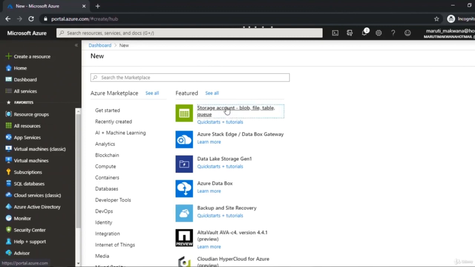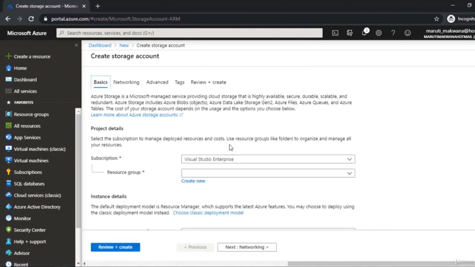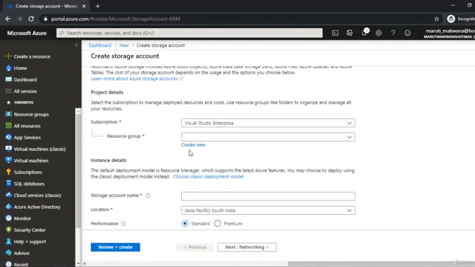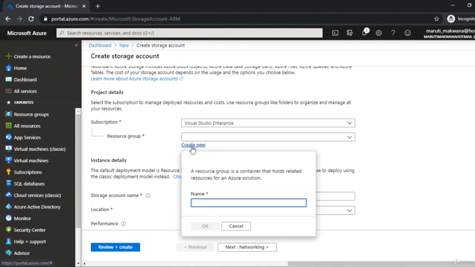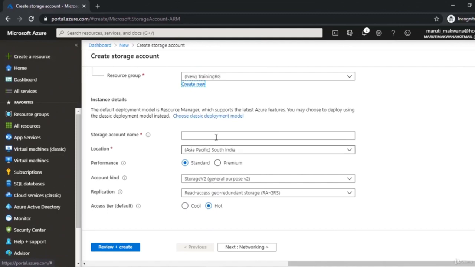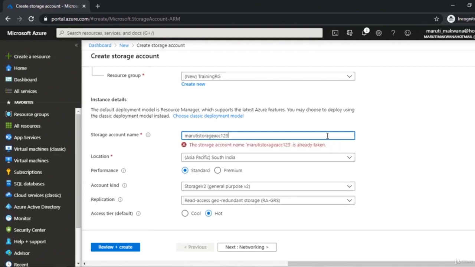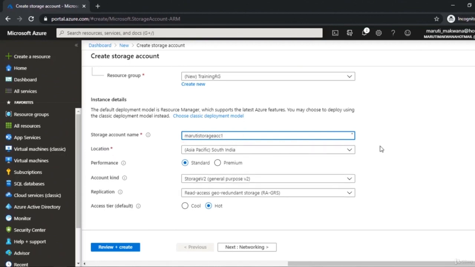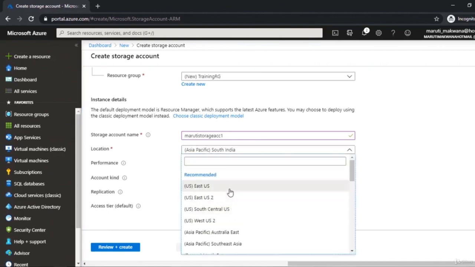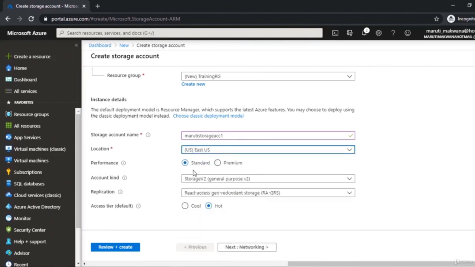If I click on the storage account, inside that we have 3 types of storage available. Let's say I'm specifying that I'm going to create a new resource group with the name training RG, and then I'm going to give a storage account name. I'm giving a name of this thing Maruti Storage ACC123. It's a storage account which I'm creating right now, and saying that's already there. Then let me create something which is 1. After this, in the location I am choosing East US, and after that in the performance we have 2 options,